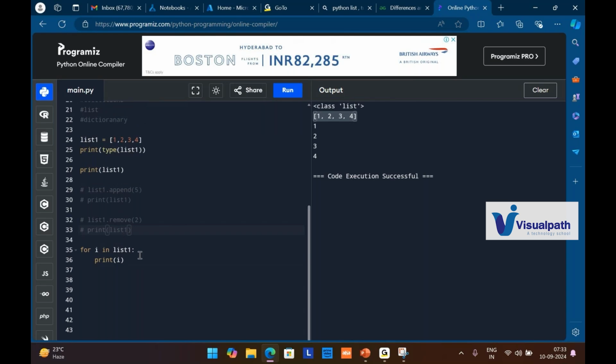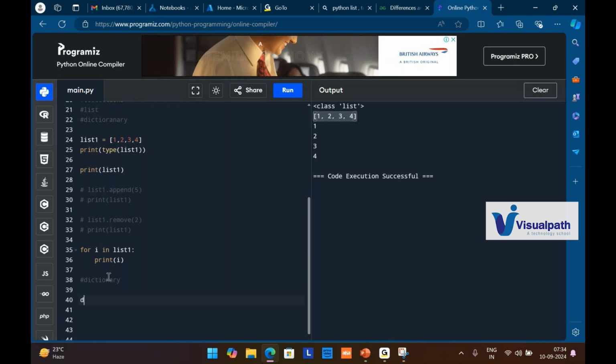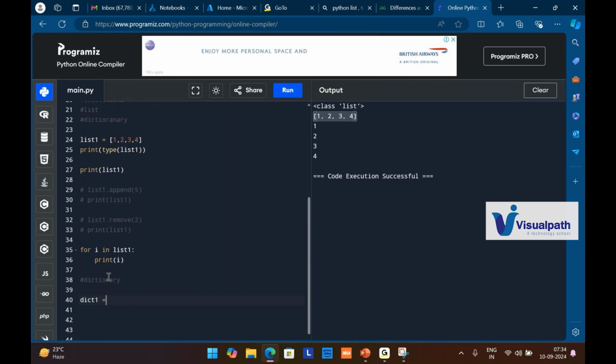Okay, this is about list, and we will have one more concept, dictionary. A dictionary is nothing but a key value pair. Key value pair means we will have a key and a value. So let me write down the syntax for dictionary. This is also one of the collections, like a list. This is called the key, and the value that comes here is employee,